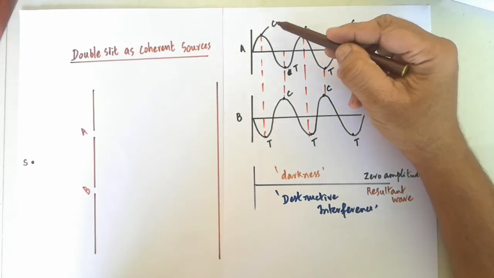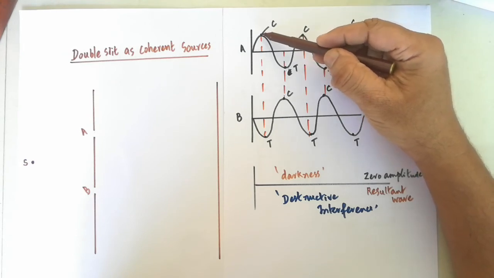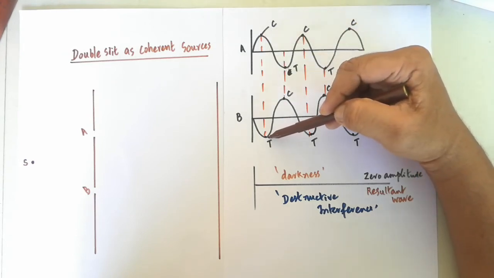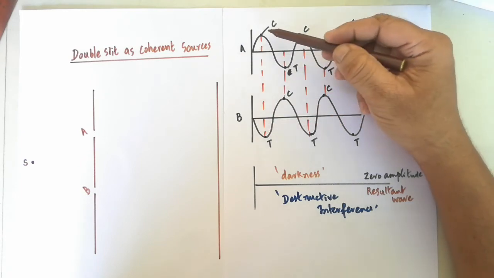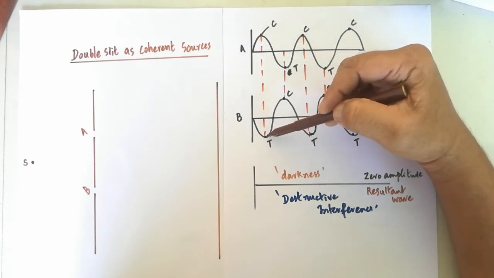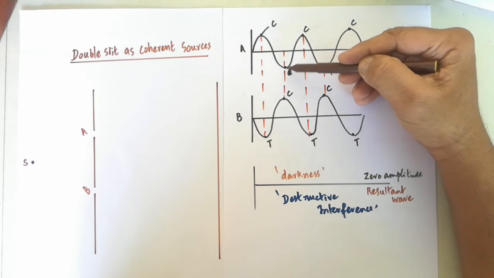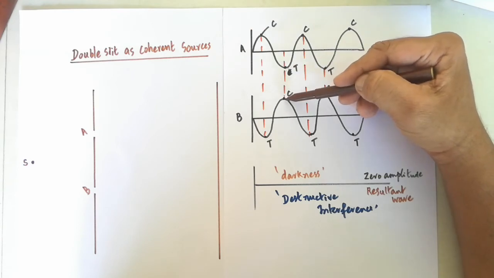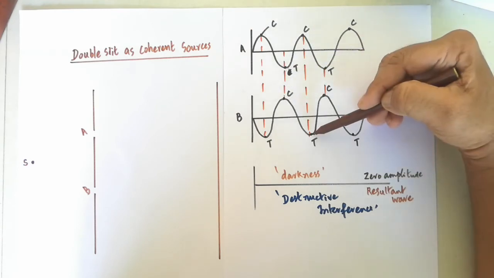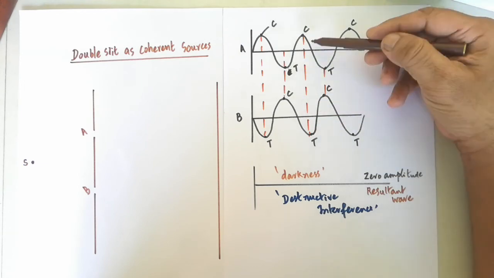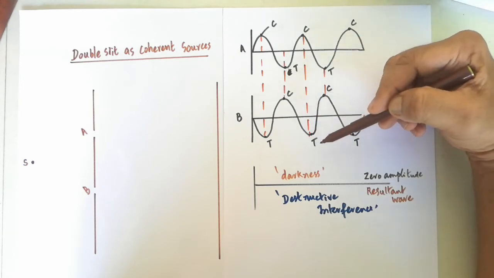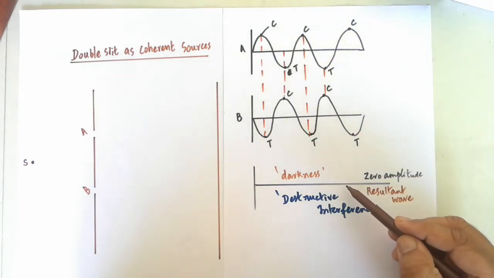Sometimes the crest of the first wave and the trough of the second wave may be superposing with one another. Look at that, crest and trough are superposing with one another here. Trough and crest are superposing, crest and trough are superposing. After superposition, these two will interfere and superpose, and they won't create any wave at all, or you are not able to observe any resultant wave.